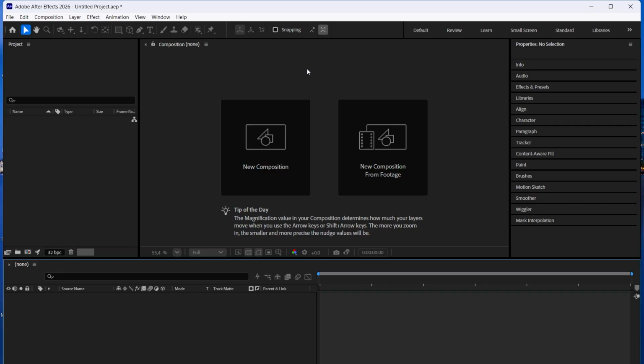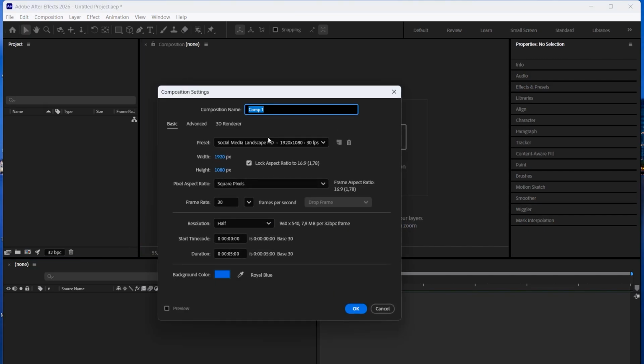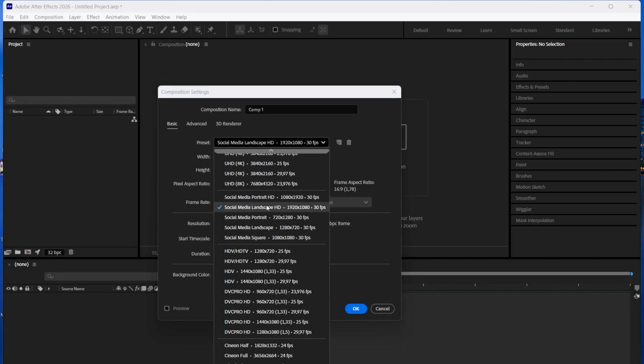And here we have our toolbar. And here are some effects. Okay, let's start. Let's make a new composition. Go here, left click. Its name is comp1. Here we have various presets. For example, Ultra HD 4K